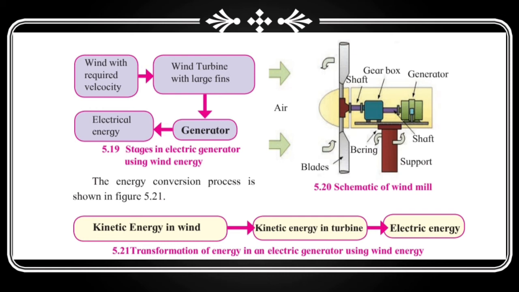You know students, in a windmill the kinetic energy of wind is converted into kinetic energy in the turbine, which rotates to produce electrical energy. Wind turbine capacity ranges from less than 1 kilowatt to about 7 megawatt, 7000 kilowatt, commercially available depending on the wind velocity available at the site of installation. A wind turbine with a specific capacity is selected, and the wind velocity at the specific location depends on many geographical